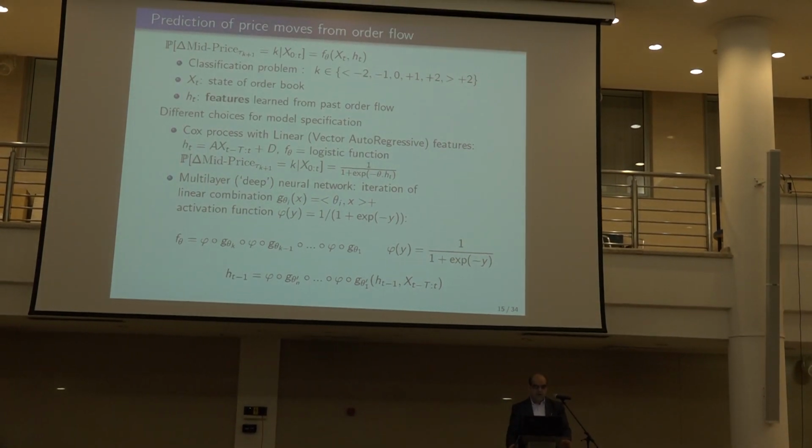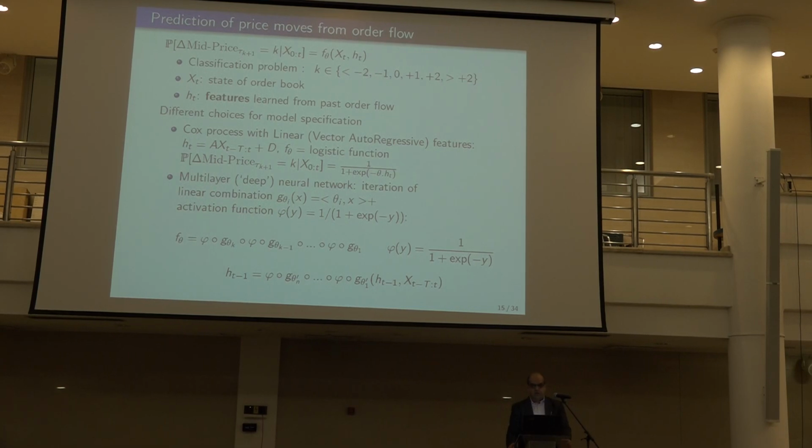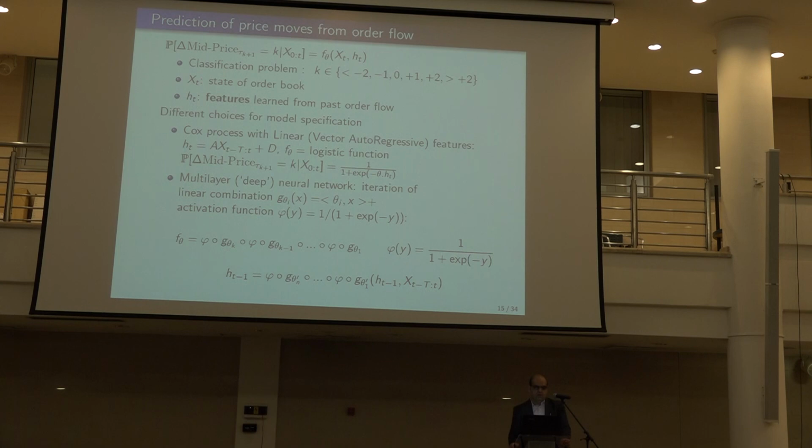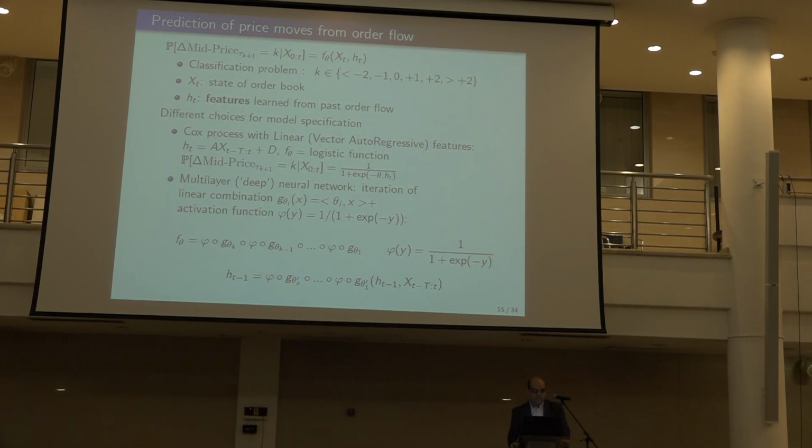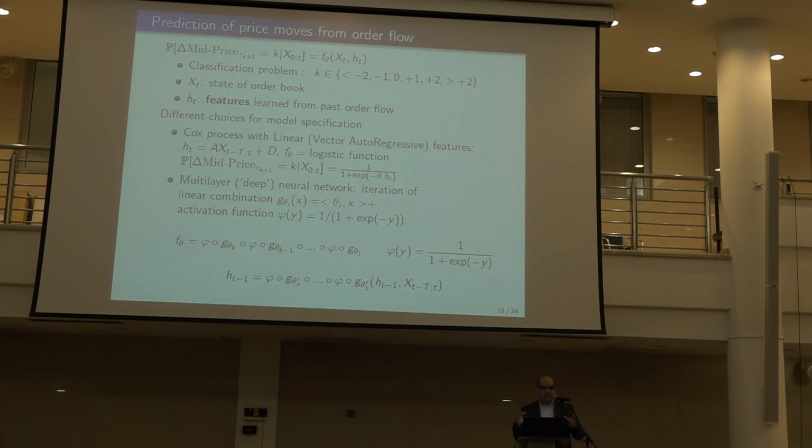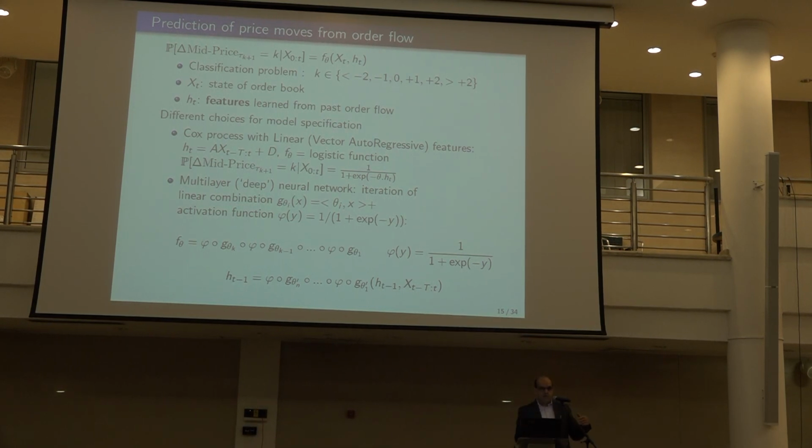And so here we can say, okay, the only thing we want to do is to predict whether the price will go up by 1, down by 1, up by 2, down by 2, or more than 2, okay? So if you just take 1 and 2, you get 4 states. If you take 1, 2, 3, you get 6 states and so on. So it's a finite number of states, so it's a classification problem. So you classify histories of the order flow into up, down, and maybe up by 1 or more.